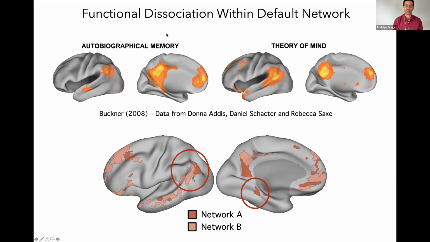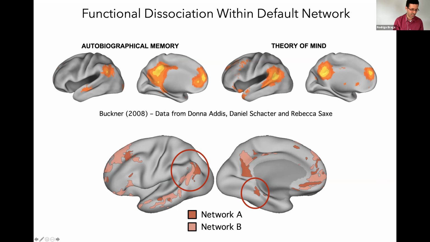So autobiographical memory tasks activate the map that is derived from an autobiographical memory paradigm. You typically will include this posterior medial temporal lobe, whereas other tasks that probe theory of mind, which is when you're asked to think about what somebody else is thinking, typically will activate this TPJ region, which is more anterior to an autobiographical memory task. And so we decided to test these 2 tasks within individuals and see if we could